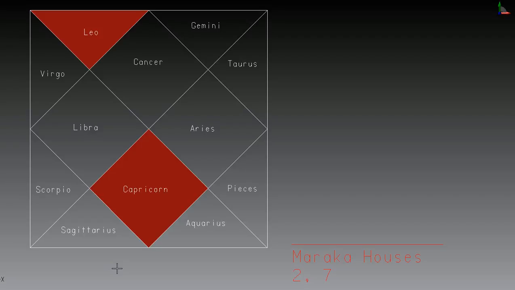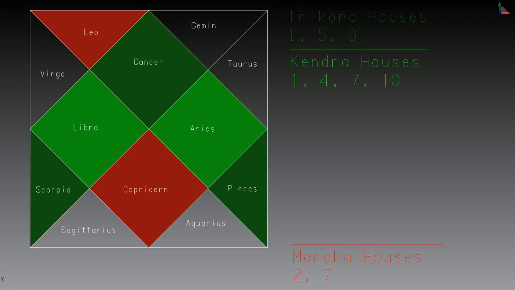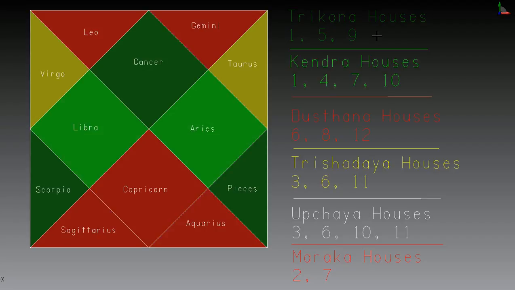How to have the remedies on top of it, we can look at in later parts of the video series, but I wanted to give you a broader picture about what kind of houses there are and how they are separated. To go over the houses again, there are a total of 6 types of divisions. The Trikona houses are the good houses. Kendra houses, that is 1, 4, 7, 10, are the good houses.